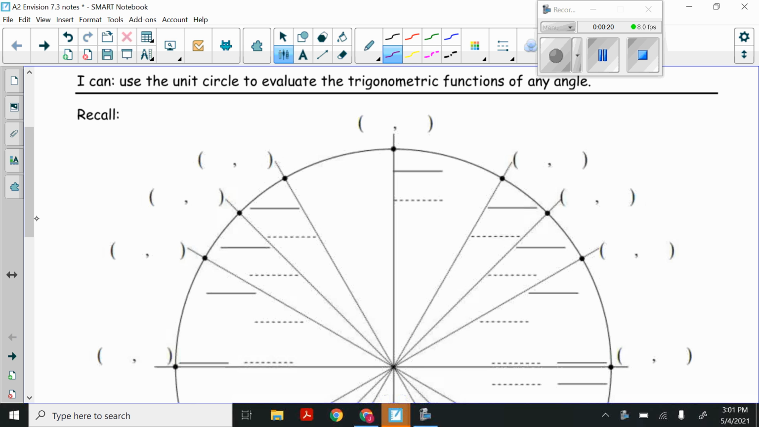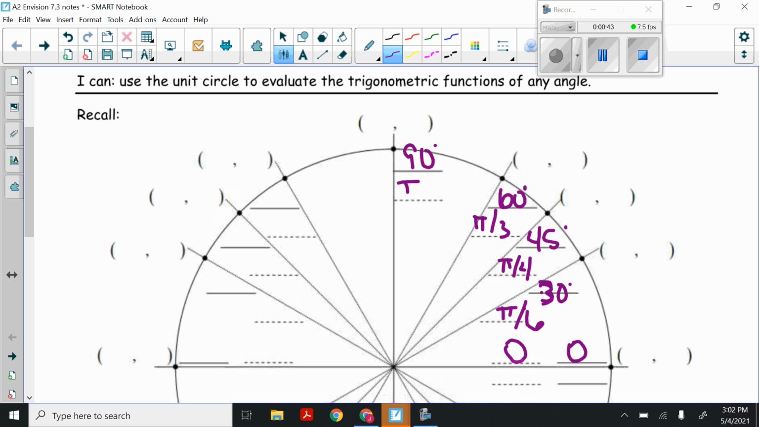So if I do all of my angles in both degrees and radians, I start at 0 degrees or 0 radians. 30 degrees, which is pi over 6 radians, 45 degrees, which is pi over 4 radians, 60 degrees, which is pi over 3 radians, 90 degrees, which is pi over 2 radians,